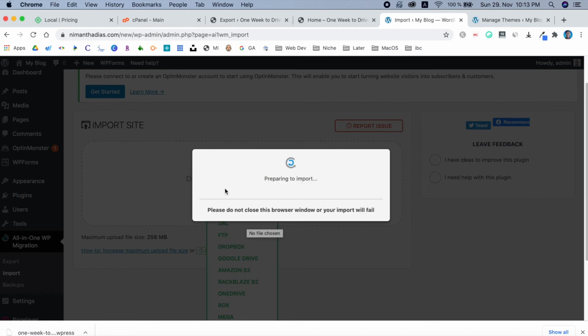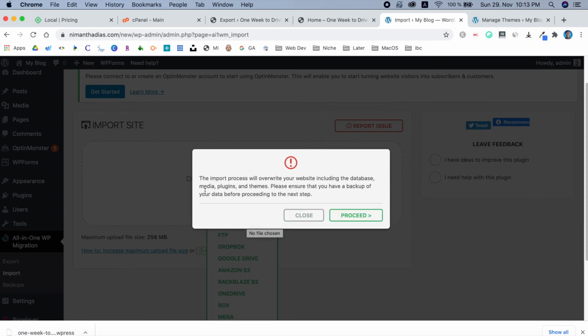Prepare and import. Please do not close this browser window. Okay, so the import process will override your website, including the database, media, plugins, and themes. This process will erase everything, and then will put the website you developed locally.